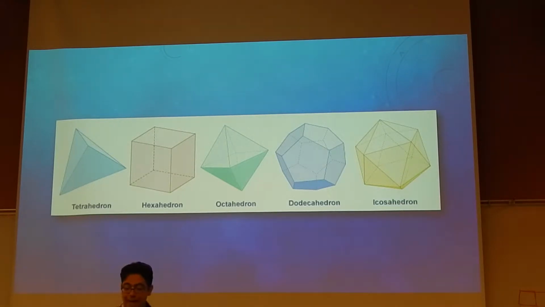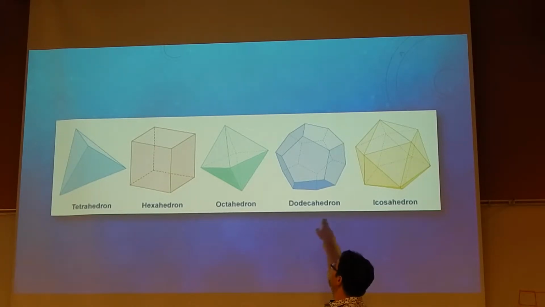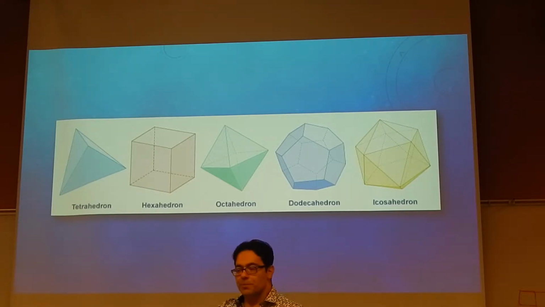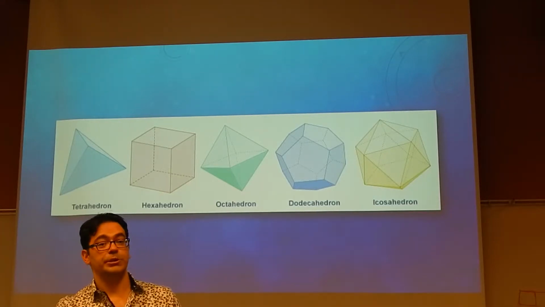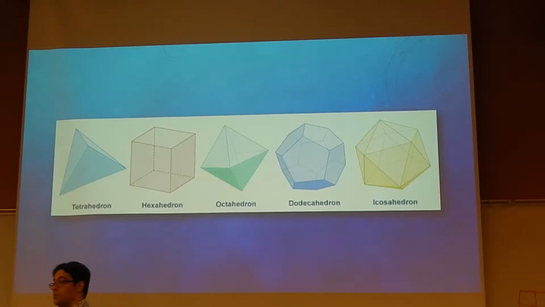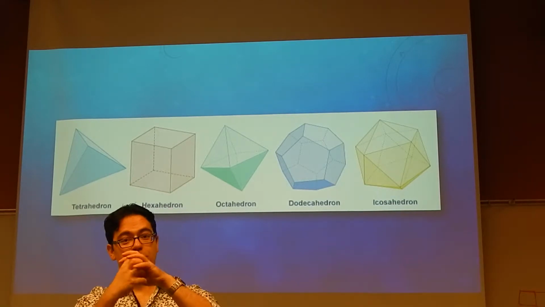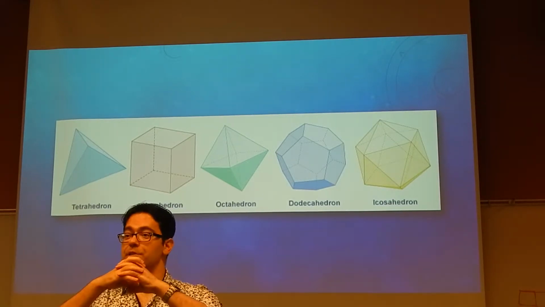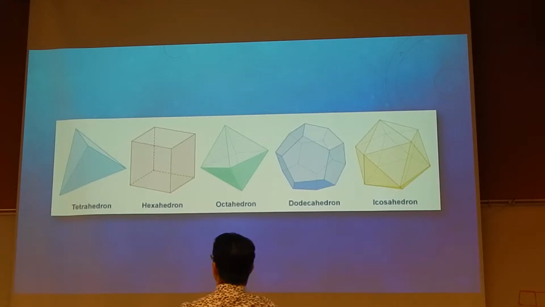And you can see as you start adding sides, right? That's a 4-gon, that's a 6-gon, that's an 8-gon, 10, can't remember right now. But as you start adding sides, it becomes closer and closer to a sphere, right? It becomes a closer approximation of a ball. So usually what people do to build a DGGS, because there are several, is they take one of these, they circumscribe it in the sphere, so you put this shape in the ball of Earth, and you project out the side edges, and presto, you have a tessellation, right, of the spherical surface, and then you recursively subdivide the faces,